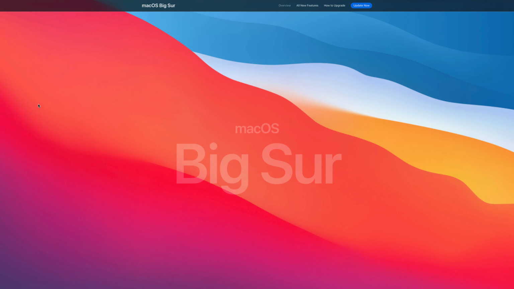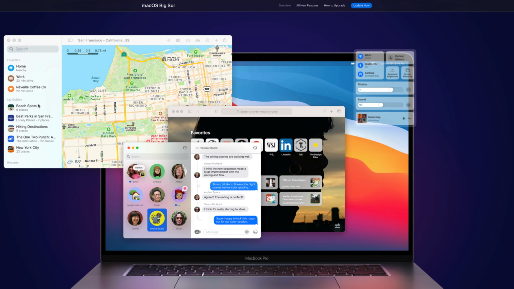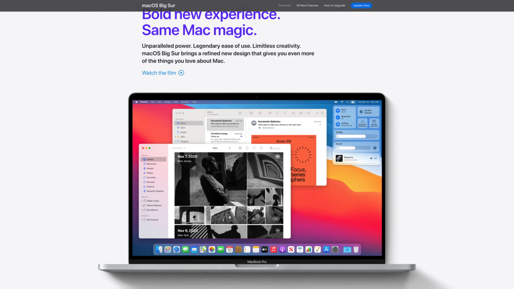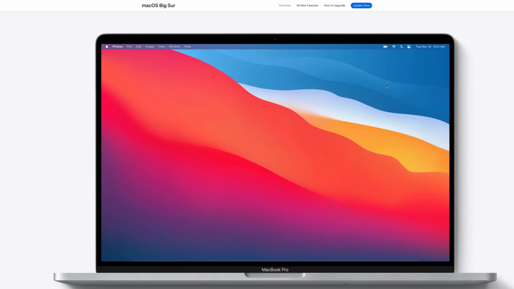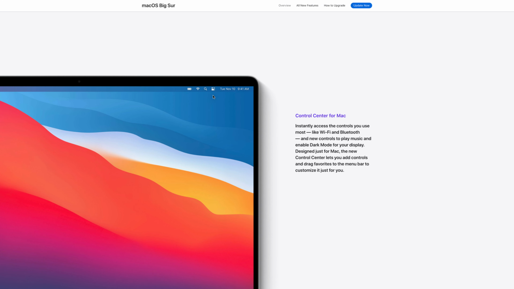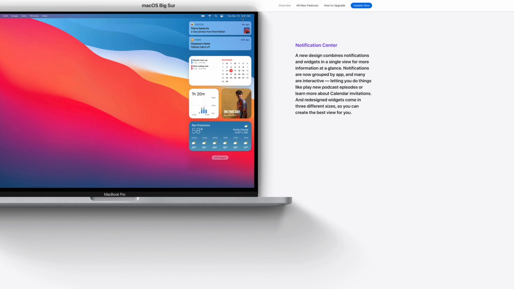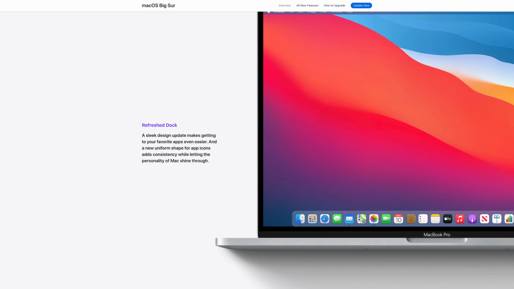This is the new macOS 11 titled Big Sur. It's got this really pretty wallpaper that you can see on my second monitor here. Now, Big Sur is a yearly update to the OS, just like we've come to expect from Apple for a long time now, but there's a huge difference under the hood in Big Sur that is focused on the implementation of Apple Silicon. So if you are going to be running Big Sur on one of the new M1 Macs, then you're going to see the OS taking advantage of the fact that the SoC, the M1 chip, has been specifically built for what Apple wants it to do.